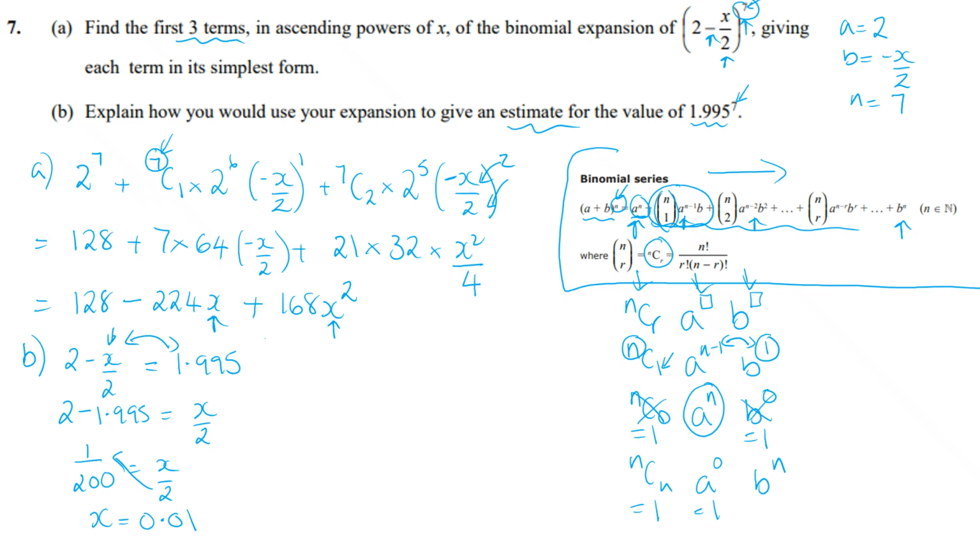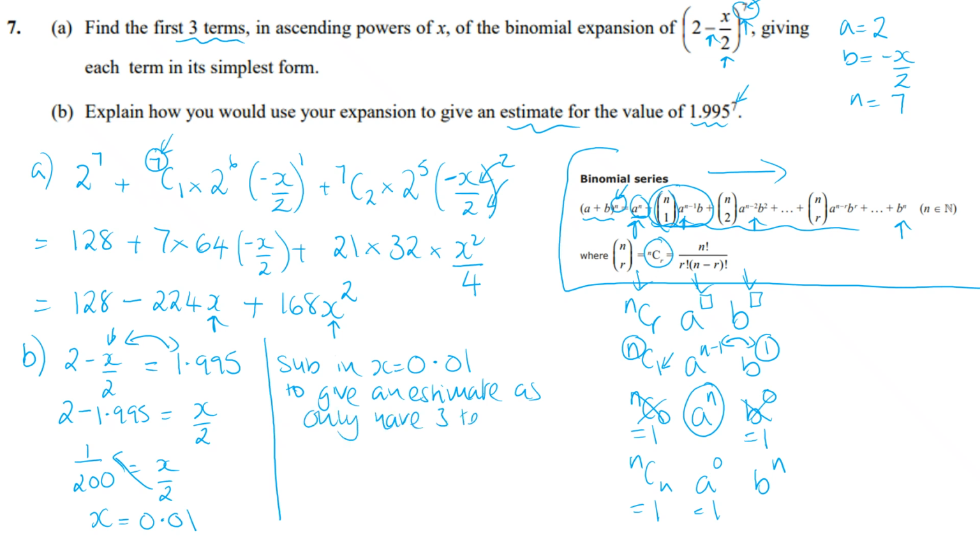0.01. So what we need to do to find an estimate is to sub in x is equal to 0.01 to give an estimate as we only have 3 terms. So if we had all of the 8 terms, it would give it as an exact value. So what we could do is do 128 minus 224 times 0.01 plus 168 times 0.01 squared. Now if you do that on your calculators, it comes out to be